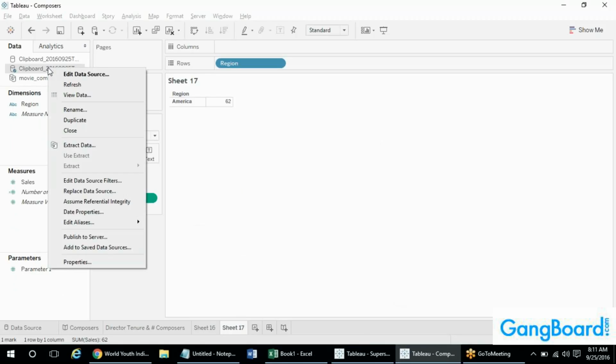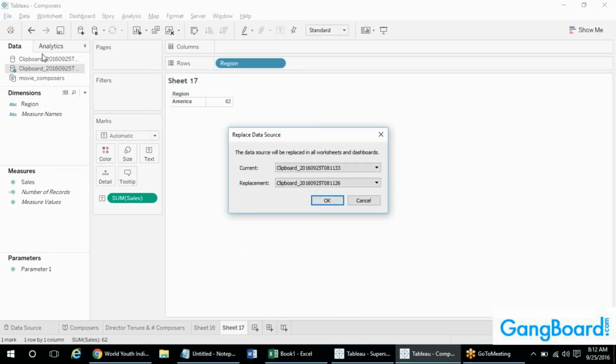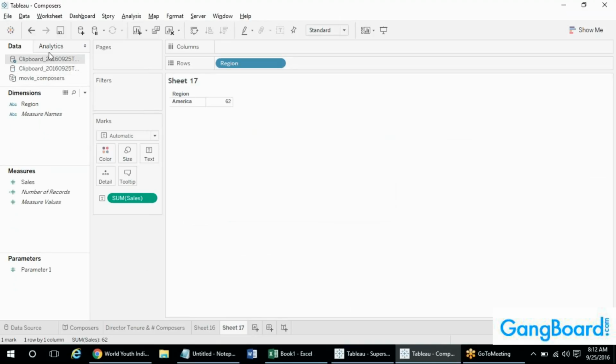If you really want to replace it, you have to create some other thing, or maybe you can replace it the same way it's done and just use the function called replace data source. So for example, I'm just going to replace each of them. Just assume that these are different data. I'm just going to replace it. So my data source will be replaced, but the